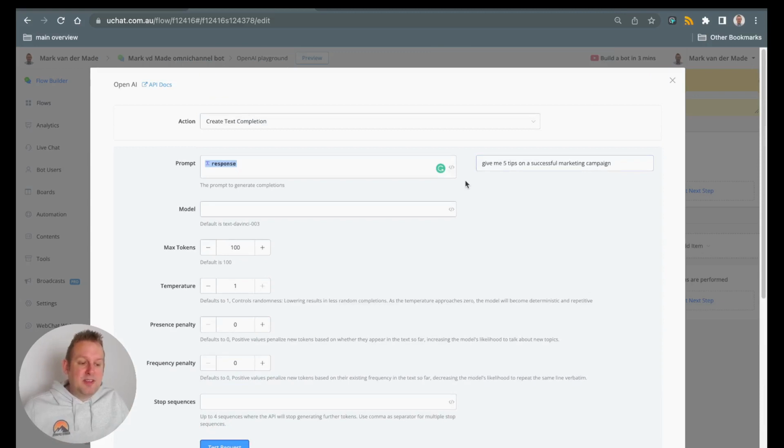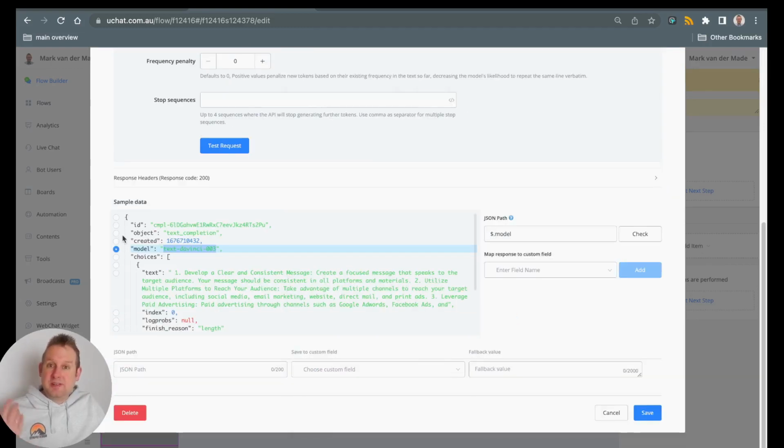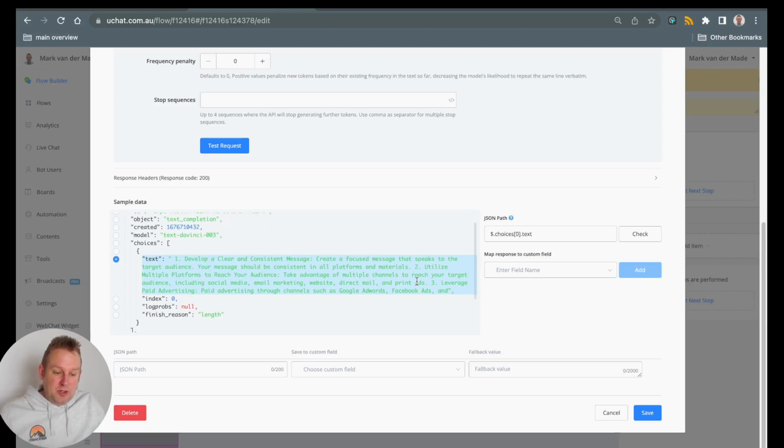So we ask, give me 5 tips on a successful marketing campaign. Let's see what OpenAI can come up with. You will see that the model is Text DaVinci 003 because that's the default. And then we have the choices. In this case, we only created one choice, right? But we have a text here. So 1, develop a clear and consistent message. Create a focused message that speaks towards the target audience. And then we have number 2 tip, number 3 tip,